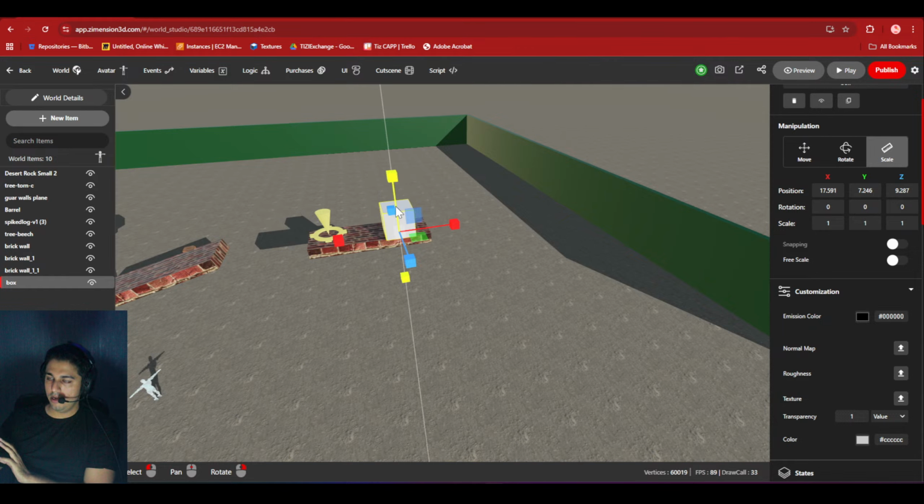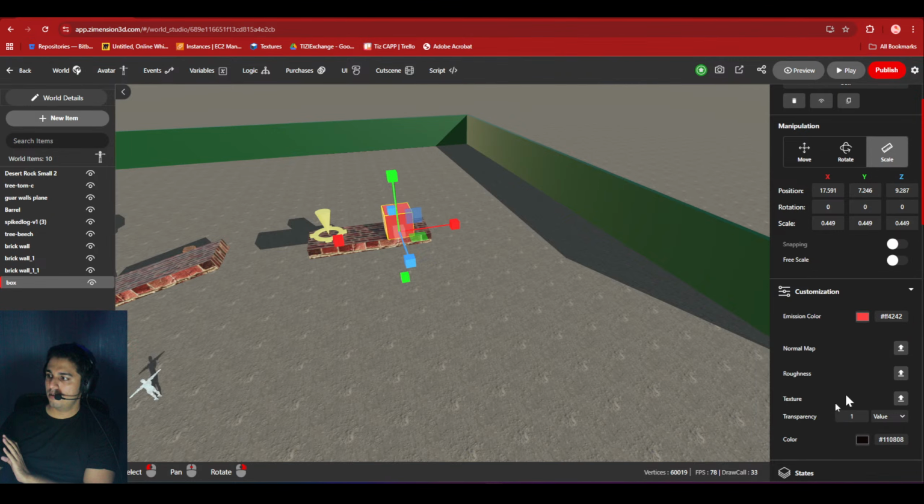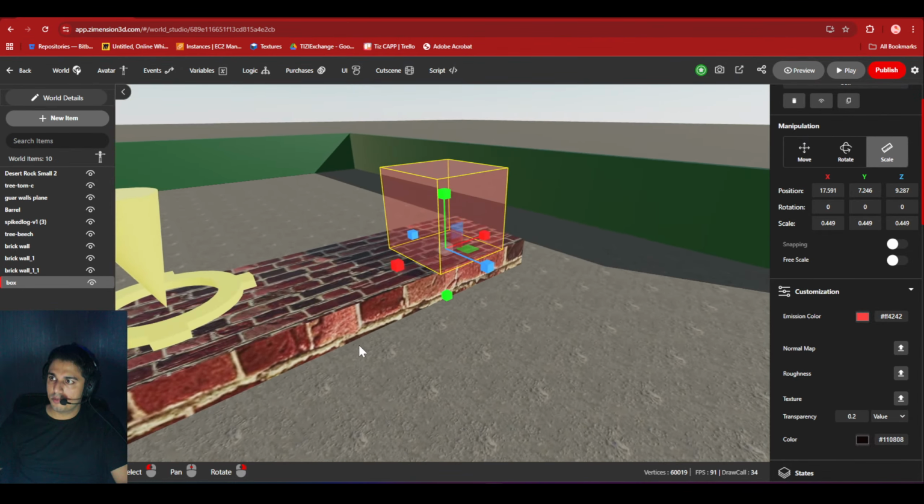So I'll just make it a little smaller and adjust the transparency. First, let me change the emissive color. I'll make it red, and this color maybe black, and transparency to 0.2. You can see now it is a nice transparent box.